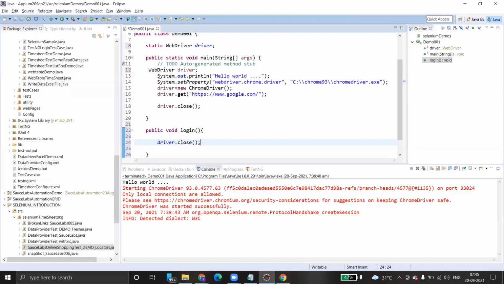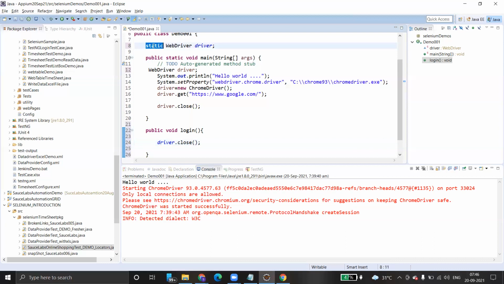Clear. Very simple logic actually. If you declare the driver inside the main method, it is local to the main method, and we can't access it outside. Are you going to create only one method in future? No, we'll create multiple methods at the class level. Can you access this WebDriver if you declare it inside the main method? No, we can't. Then what do you have to do? We have to make this variable public or private. If you make it private, at least you can use this variable across all the member functions of the class. So variables should be declared before the main method. Hence, I have declared it. It is a common practice.